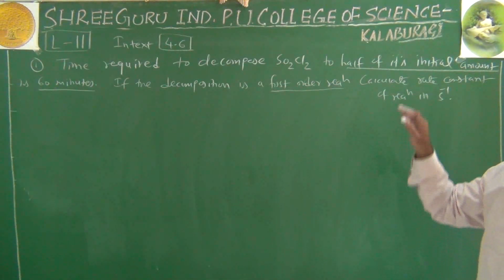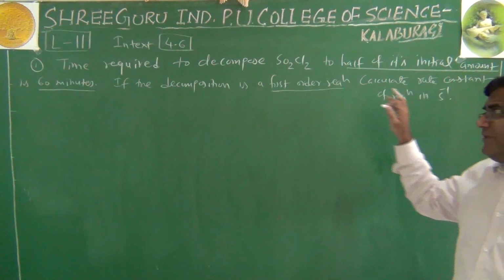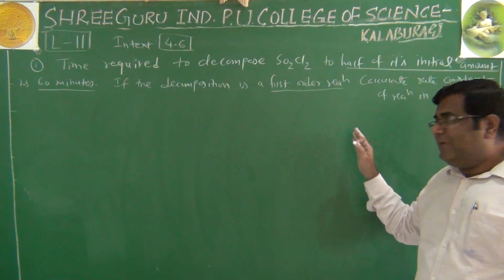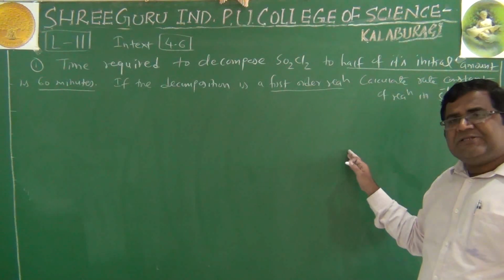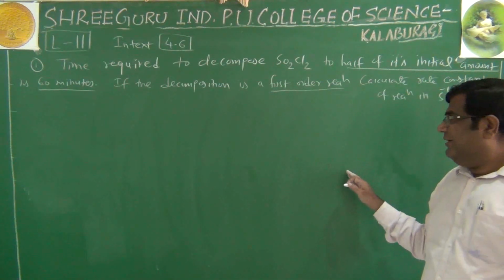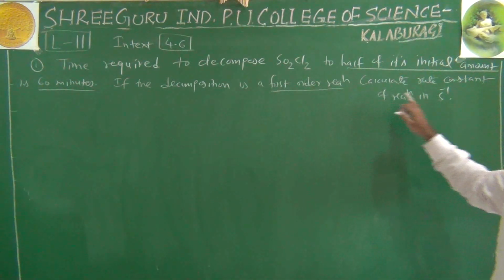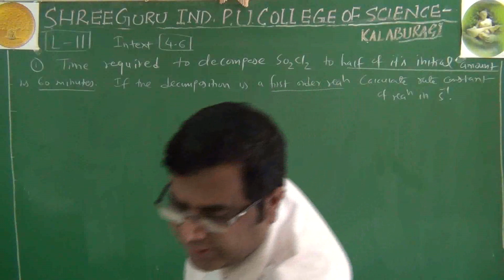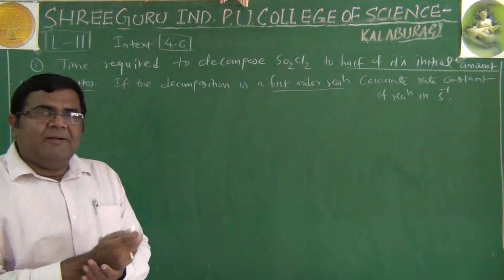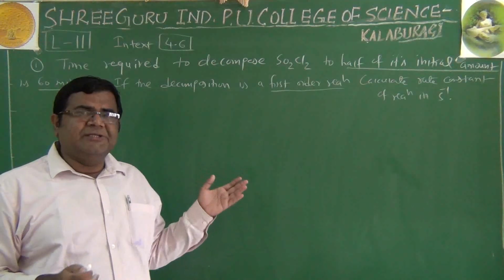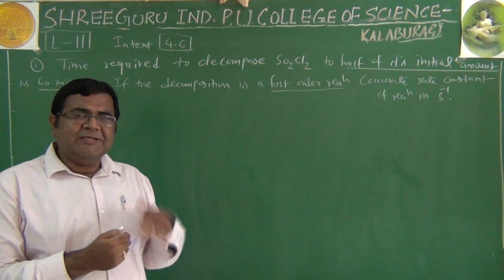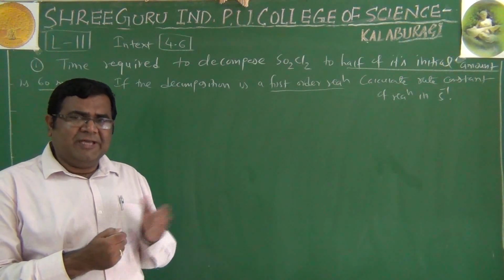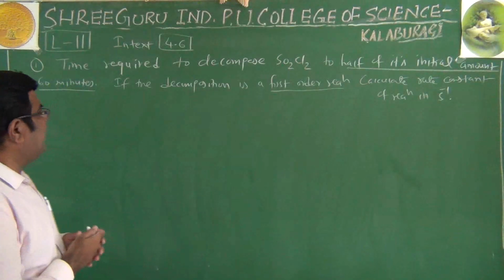It's very important. We have to search for the order of reaction in the question, because if it is a zero order reaction, the formula is different. T half is equal to R0 divided by 2K. And if it is a first order reaction, T half is equal to 0.693 by K. If the order is not mentioned, we have to look at the unit of the rate constant. We have done enough practice by looking into the unit of the rate constant. In fact, we can predict the order of reaction. You may recall the unit: mole raised to 1 minus n, liter raised to n minus 1, per time, in which we can substitute.